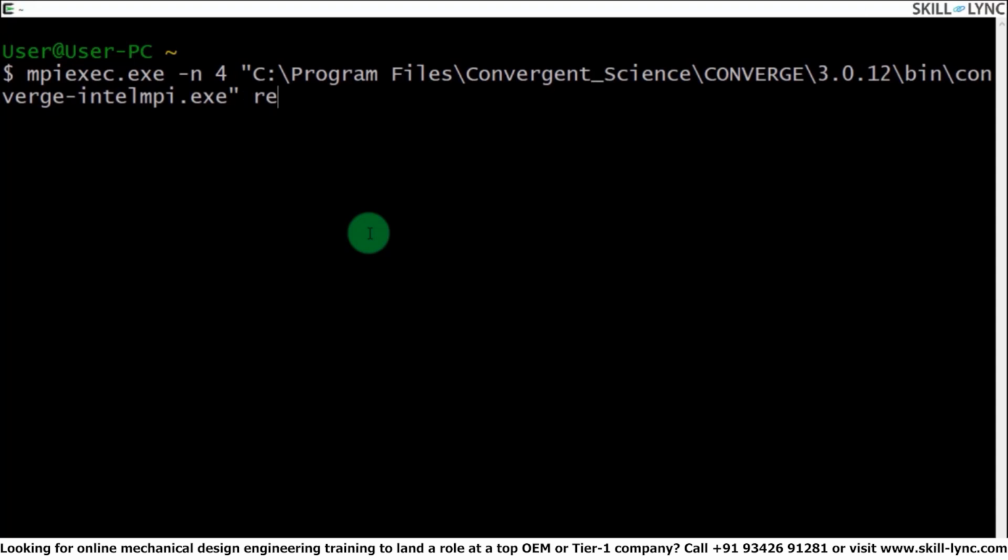space restricted space deb null log file ampersand. So basically this is the entire command which you will be using throughout the coursework to run any simulation,